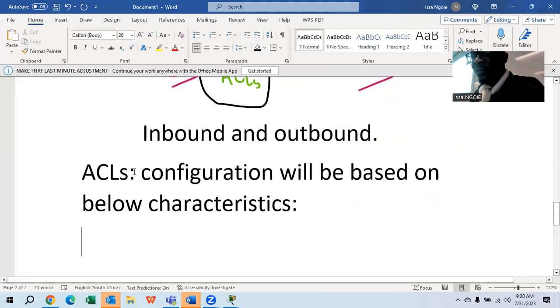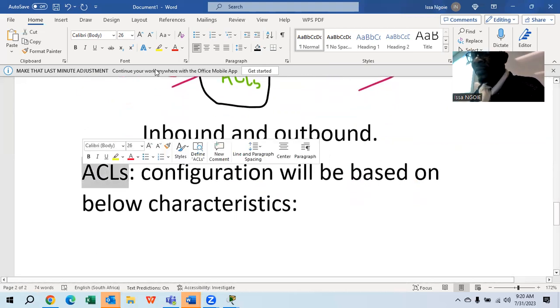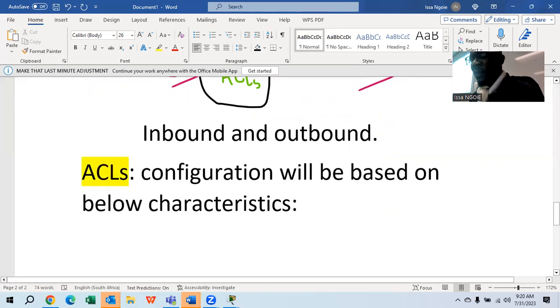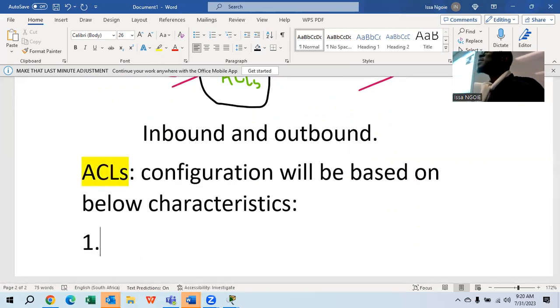So your access control list, when you have your router or your switch, you can configure it based on some of the characteristics, right? You can go for what we call